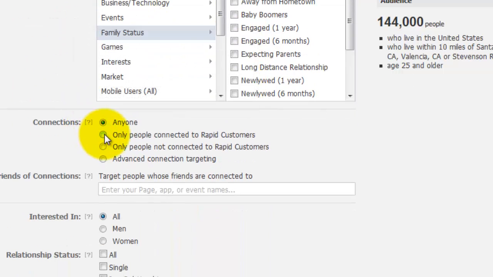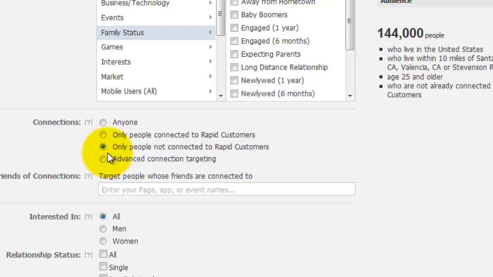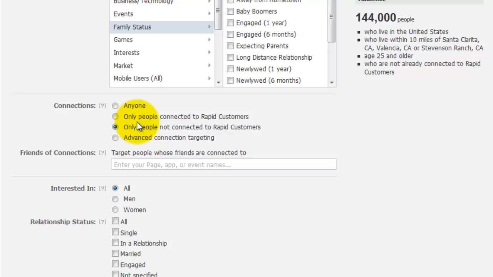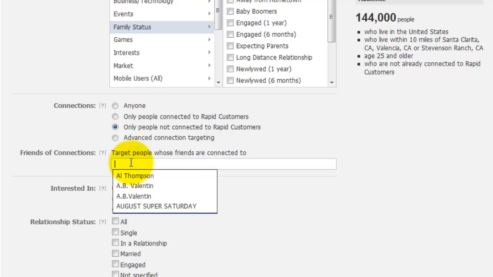So connection, this is where it gets really, really tricky, because do you want anyone to see this ad, or you have a choice to have people only connected to the page or people not connected to the page. So we're going to click on that. Again, if you want to come back and just create an ad for just your fans, you could always create one and click on this feature here. And you can zero in on this if you're managing other pages. You can always go back and